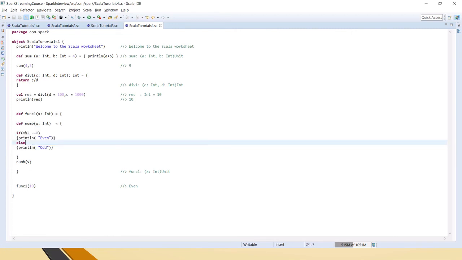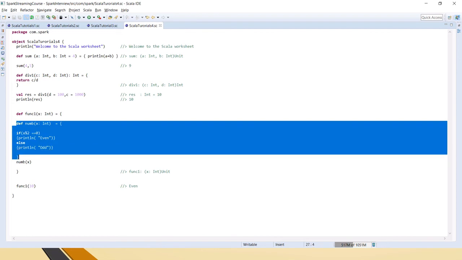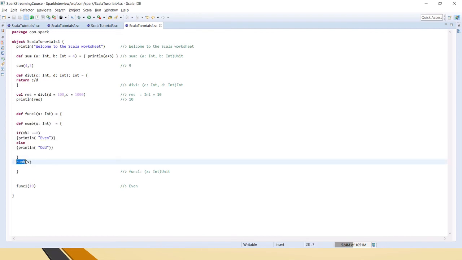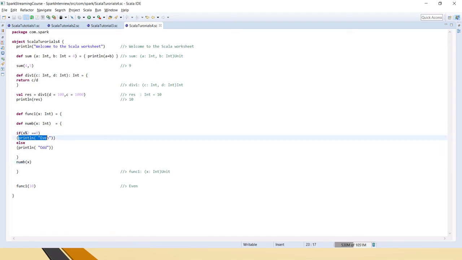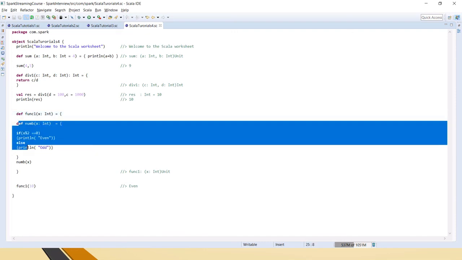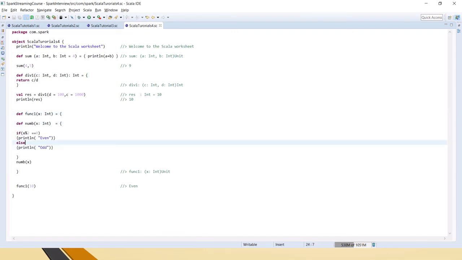So first this 10, when we pass, it goes here, then it won't execute this function until we call the function, right? So it calls the function with this 10 value, and that 10 value goes to this if statement, and it prints even, and it is printing the even value. So like this, if we define the total body of a function inside another function body, this concept is called nested functions.